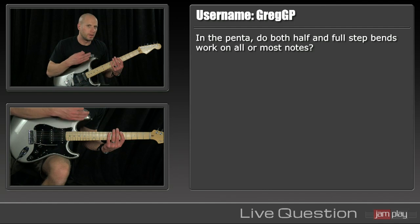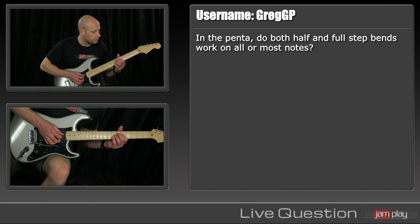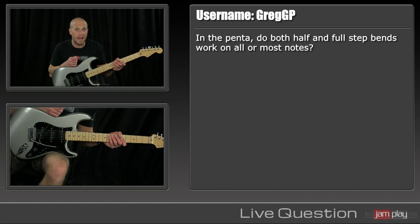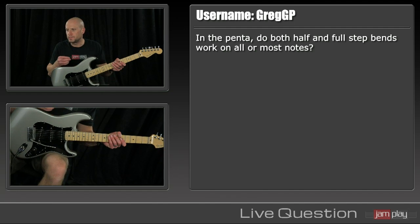But we won't be going over it exactly the way we did there in terms of teaching the scale and everything. We'll be just sort of looking at various portions of the scale and ending on a bend or starting on a bend. But definitely check out, and like I have in all the other weeks so far, there are